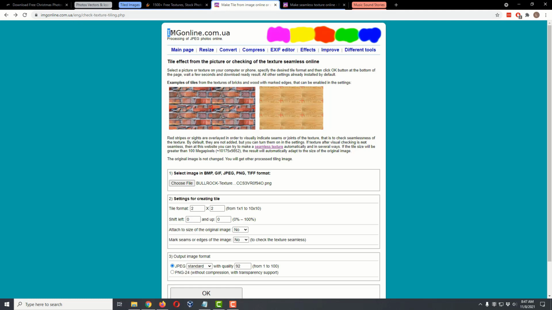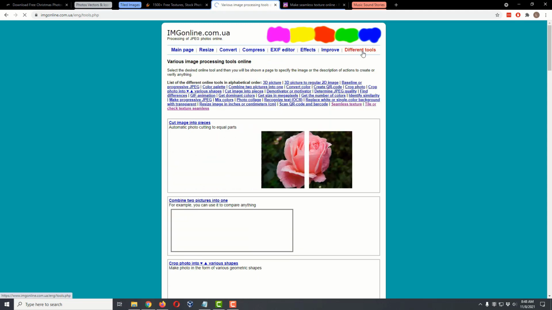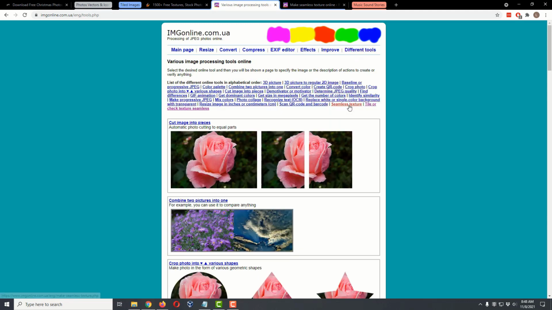This is imgonline.com.ua. Again, the link is in the description, so you have to remember that. And it has two really nice features. First of all, it has a full picture editor built in here. But these are both under different tools, and we have a tool here to make seamless textures, which I'm going to show you in a minute, and then ones to